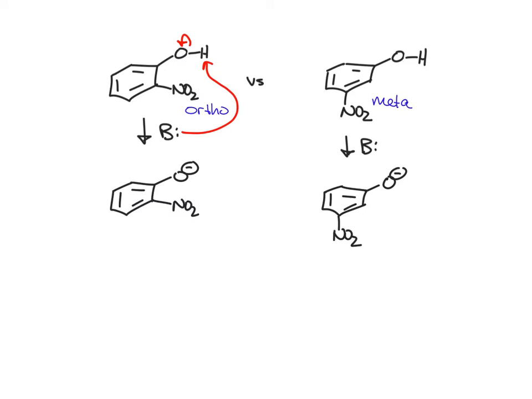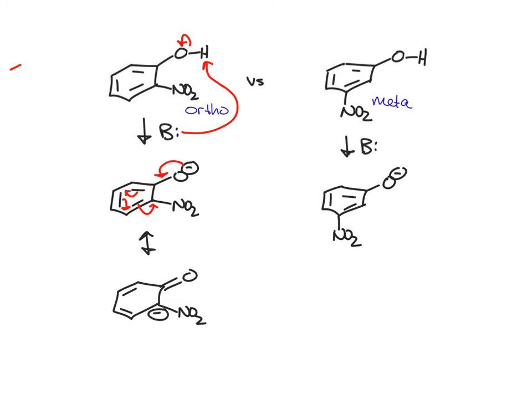Now, what we want to look for as far as the stabilization factor goes is essentially seeing how close we can get this negative charge to the nitro group by resonance. So in this first structure, we can push these electrons down, and then through the ring, we can push those electrons over, these down, and this pi bond we can push over and put a negative charge on the carbon with the nitro group attached. So we get this resonance structure